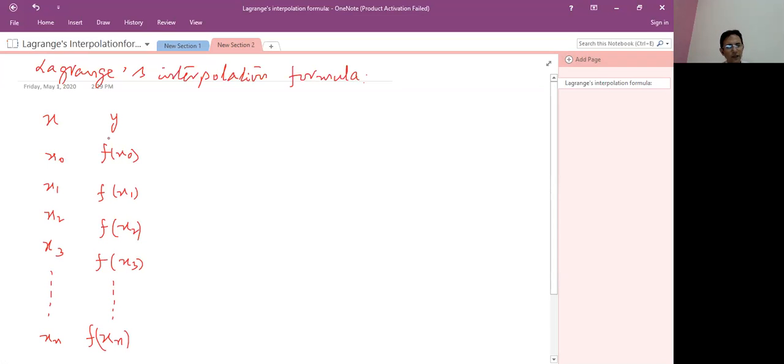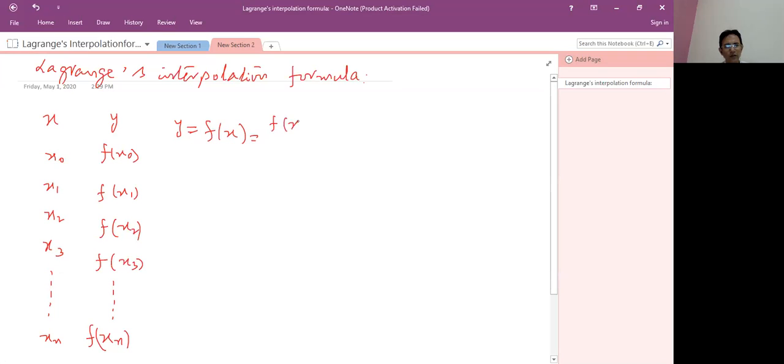These are called entries, x naught, x1, x2, these are the arguments. With the help of these values, Lagrange's derive a formula for interpolation. And we write here, student, y is equals to f of x, which is equals to